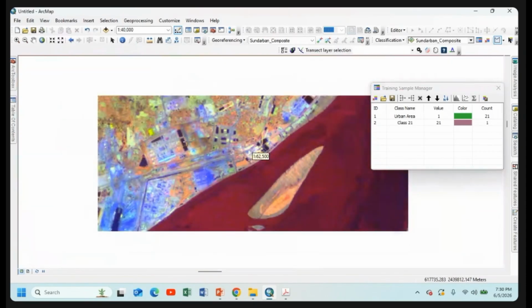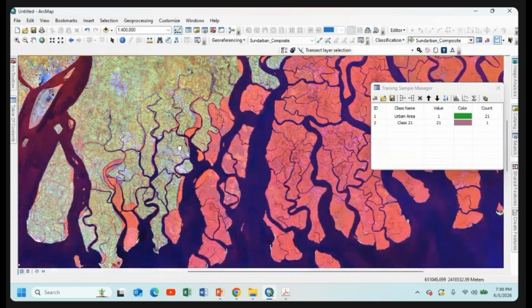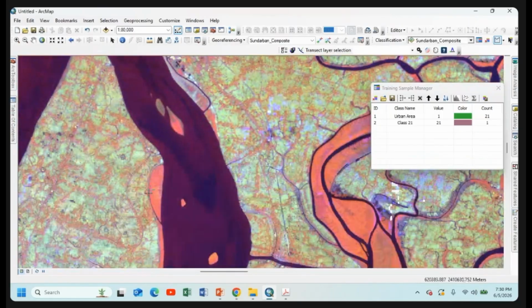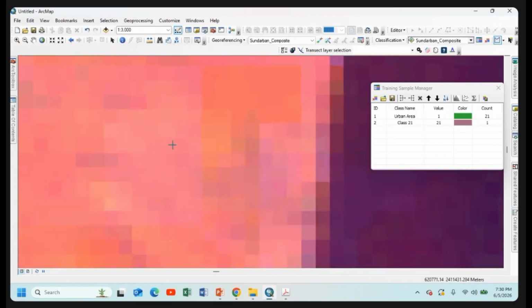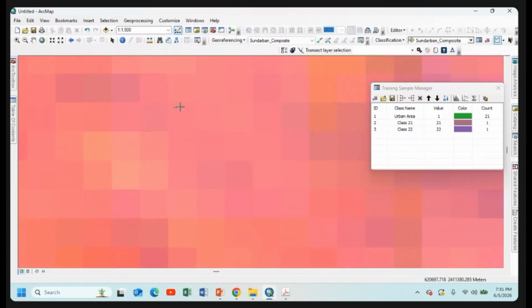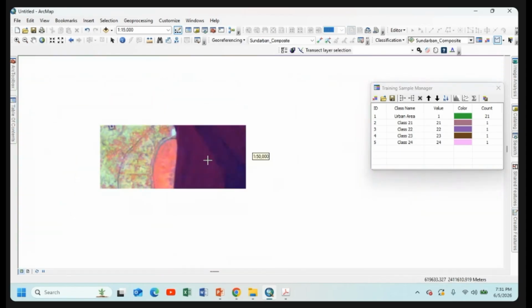Again, go to another region of the area to find out the sparsely vegetated area properly. First, I zoom out the map. It is quite time consuming to identify each feature class properly. Okay, these are the sparsely vegetated areas. Here some healthy vegetation is also observed, but I will choose the sparsely vegetated area, light pink color. This is also light pink, sparsely vegetated or grassland. Okay, here a few areas have been observed as sparsely vegetated area. So next we go to another side of the map.